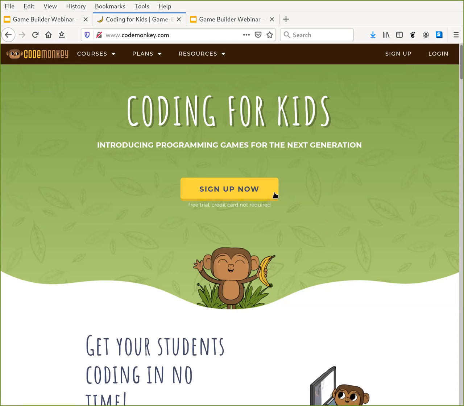So if you will go to www.codemonkey.com, our main website. I'll give you a second to get there. And we're going to go to login.